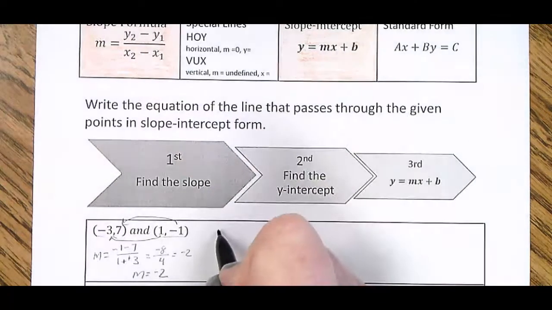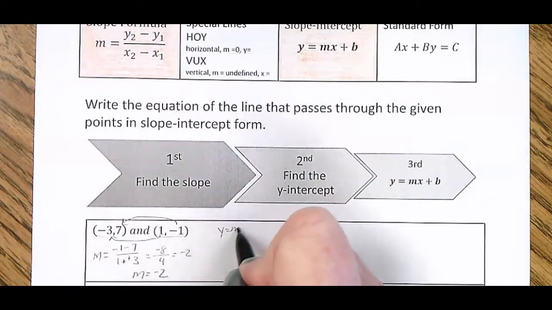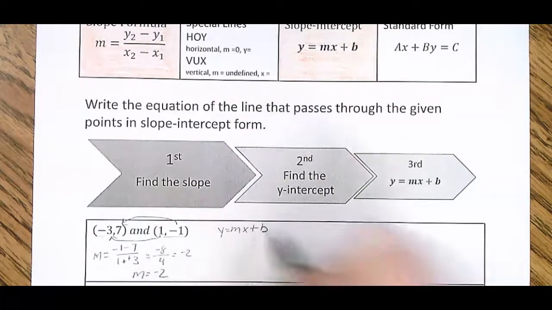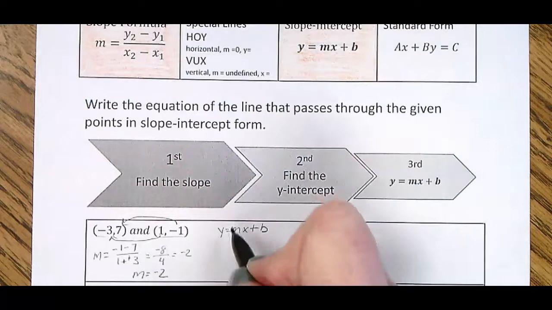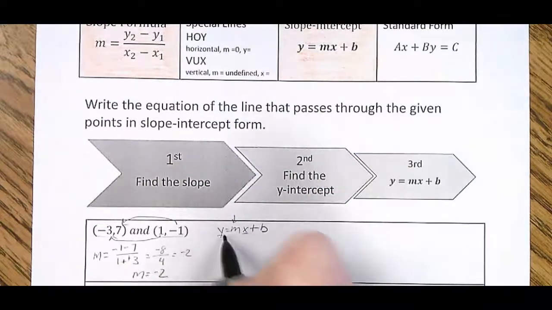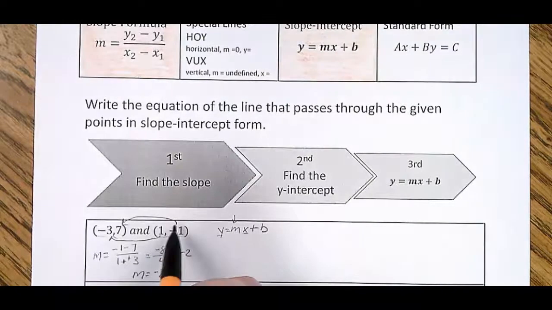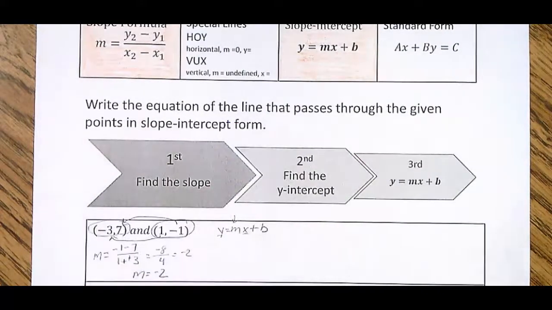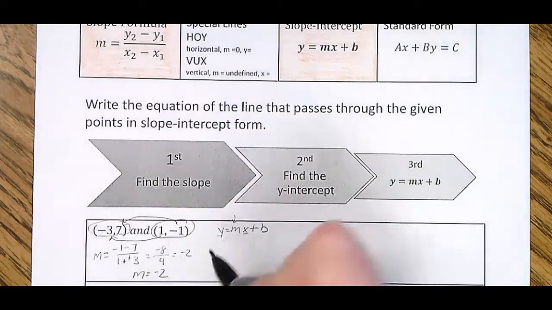So I'm going to rewrite this equation, y equals mx plus b. I know the m now. And I actually have an x and a y. I have 2 x and y's. I have 1, negative 1, and I have negative 3, 7. So I'm going to try 1, negative 1. Now you have to be careful. Remember, x, y. So when I go to plug in for y, I'm going to say, well, the y is